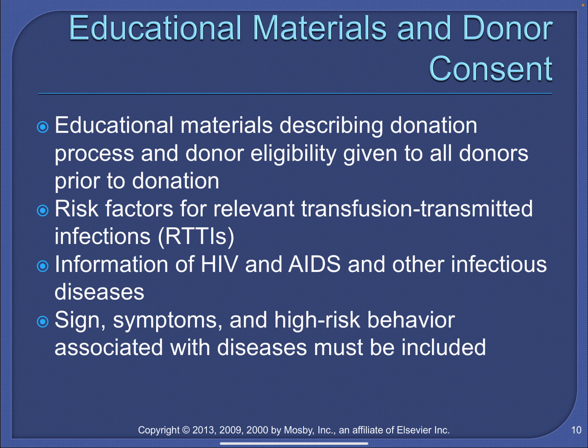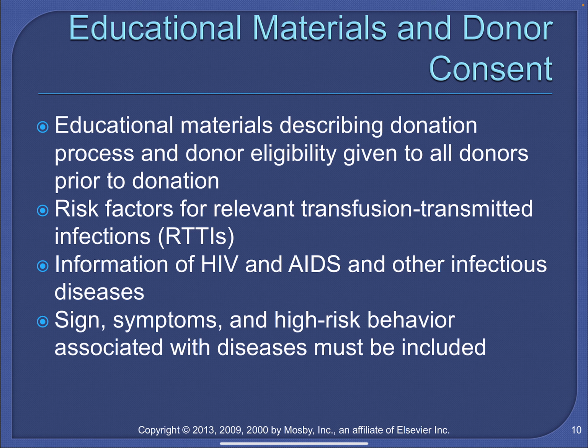In addition to the HIV virus and AIDS, other information in regards to the risk of other infectious diseases transmitted by blood are present in these reading materials that these donors have to get. Also signs and symptoms, and also delineated high-risk behaviors that have been associated with disease have to be included in this particular reading material for the